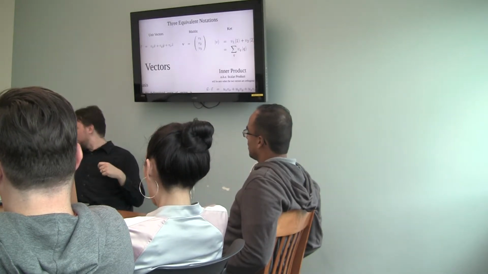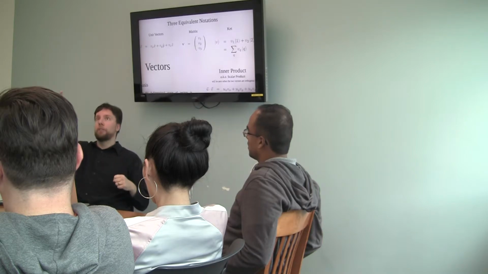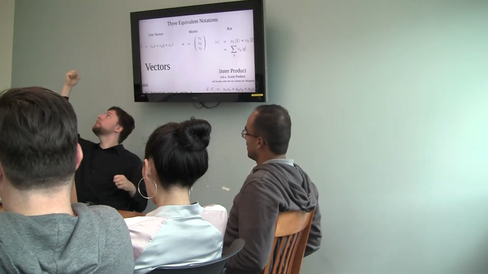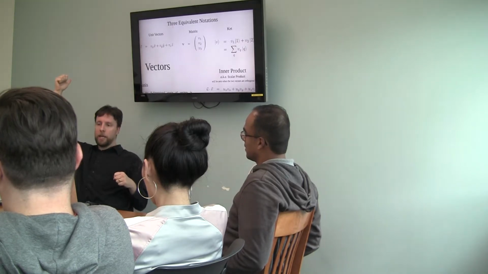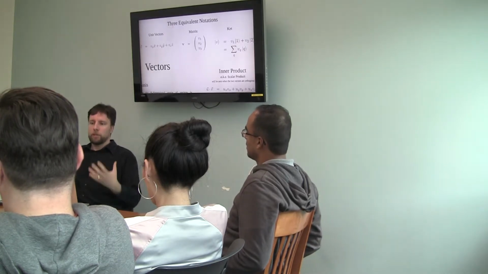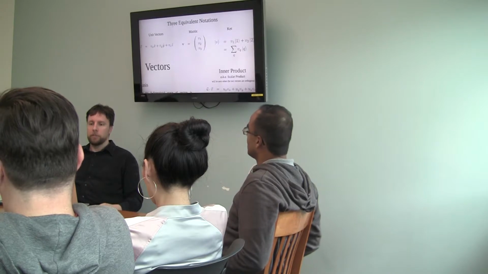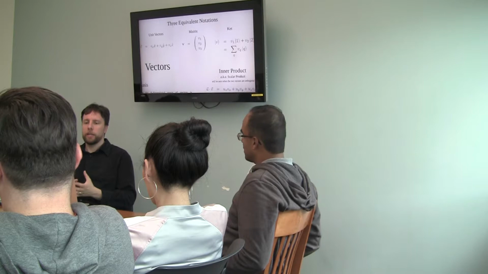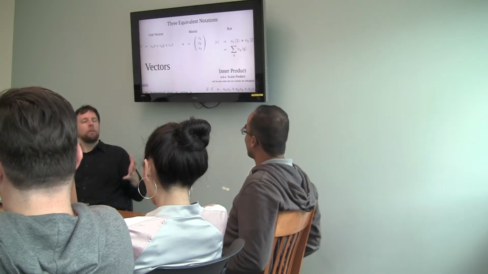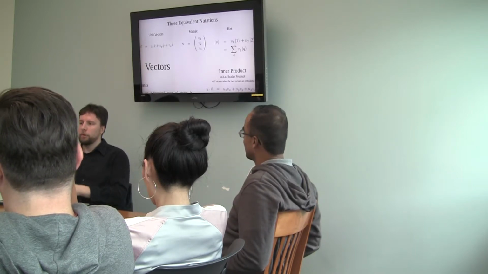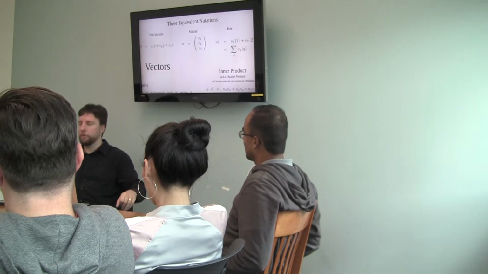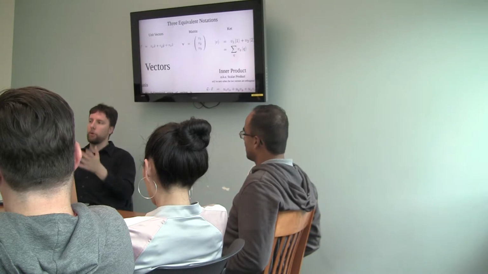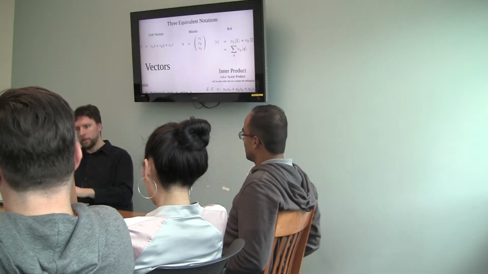But my x might be a diagonal along the body diagonal of the room, my y might be a different body diagonal, and my z might be a third different one. And we should be getting the same physics regardless of the coordinate system that we use. So one of the things you find is that when you write out these vectors in different coordinate systems, they always have the same dimensionality. So your coordinate system might have had three pieces to it, the x, y, z, and mine would also then have three pieces to it.